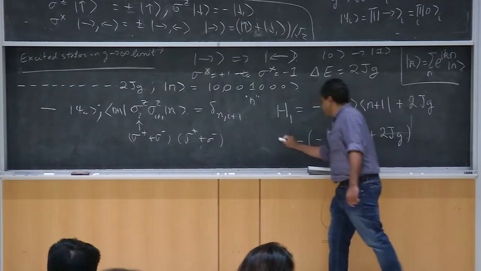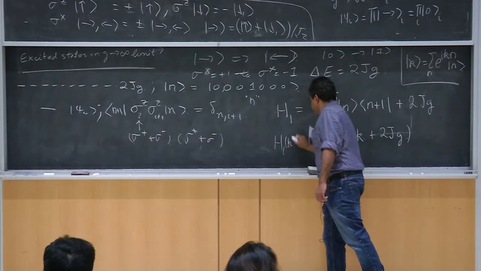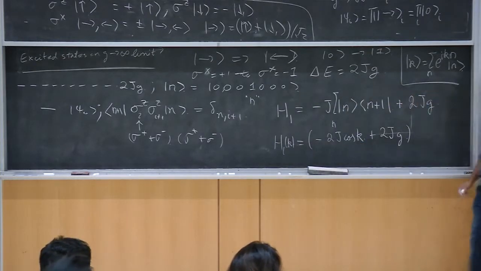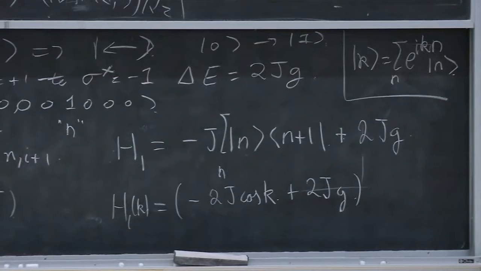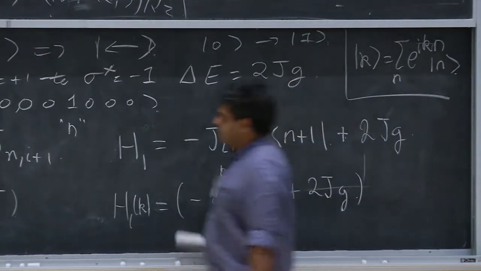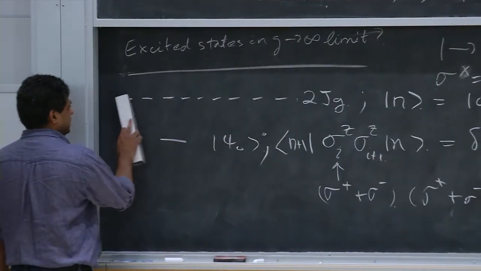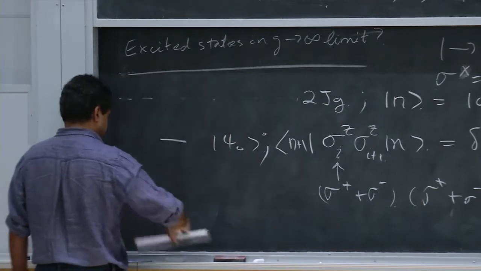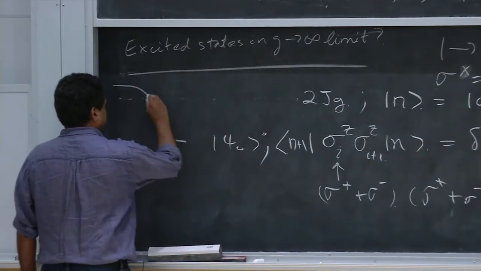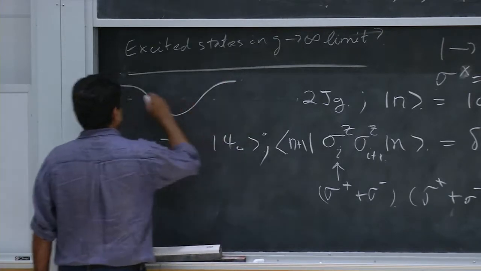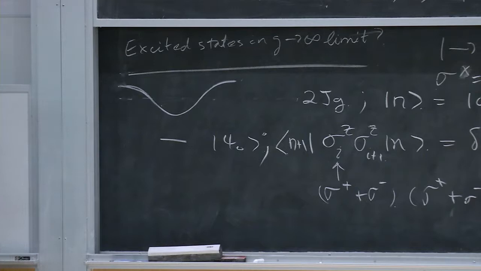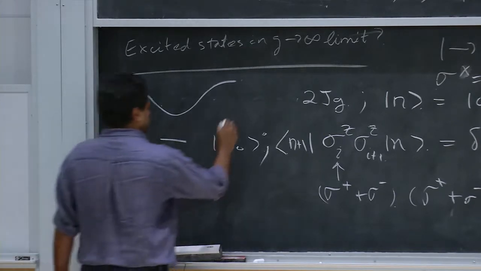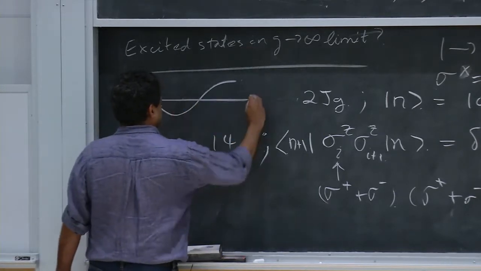Okay, so for each momentum, you get a Hamiltonian which is just this. Basically what this term did was to take the degeneracy that you had and reorganize it in these momentum variables, and it gives you some dispersion that looks like this. And this bandwidth over here, so this center was twice Jg.